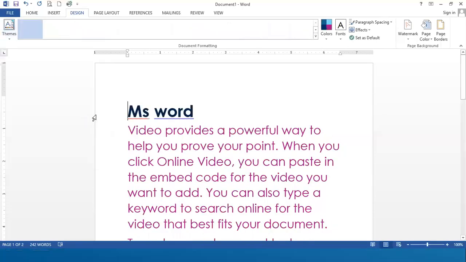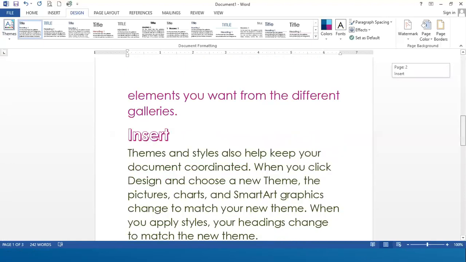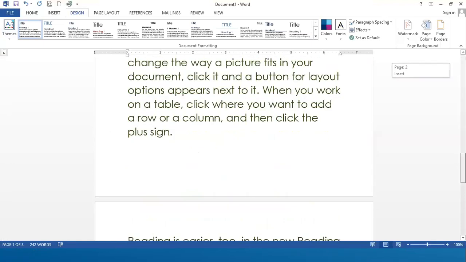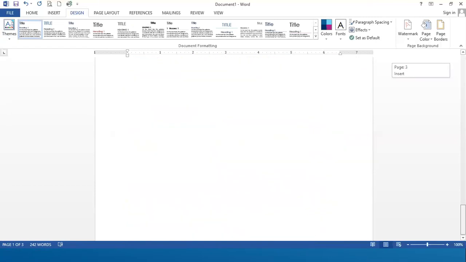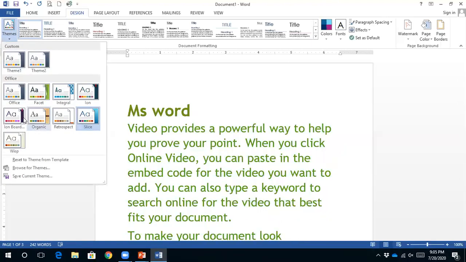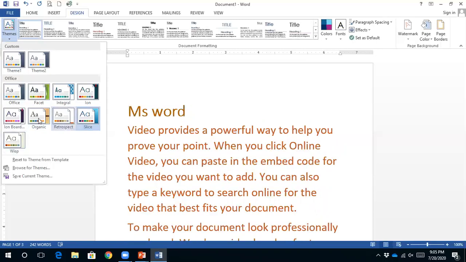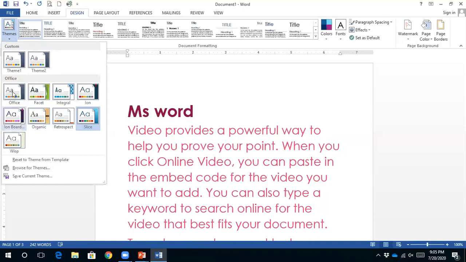For example, I am applying this theme to my document. You can see everything is changed here. Whatever suits you, you can apply that particular theme. For example, we don't want this theme, we want this theme or this theme or whatever you feel like.